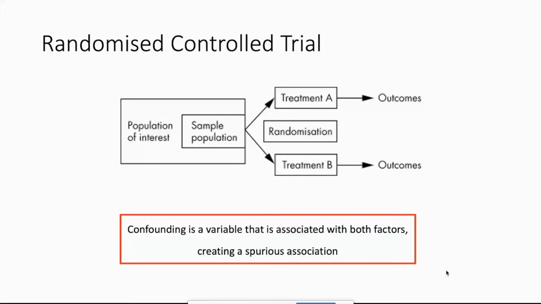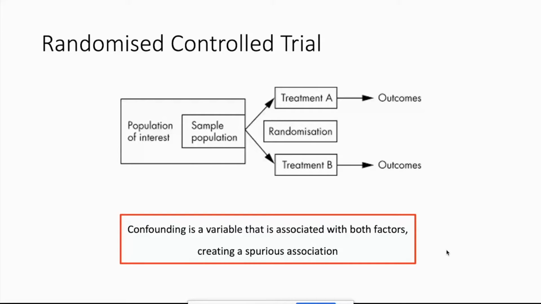Everything else, all the other demographic differences, differences in ethnicity, everything else is balanced. The only difference is the treatment allocation. I'm going to introduce a new term here, which is confounding. For example, all those baseline differences, demographic differences, comorbidity differences that could exist between people, these are called confounding